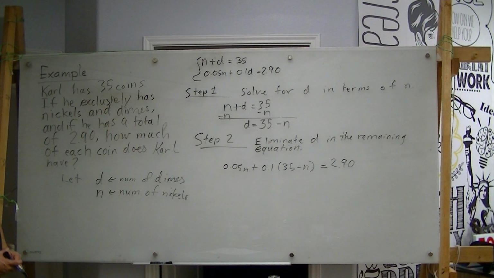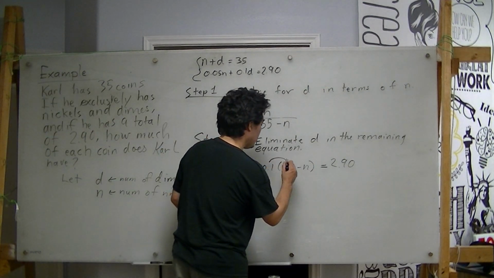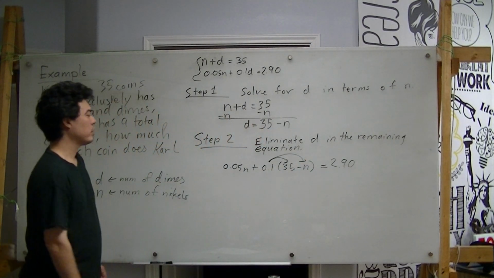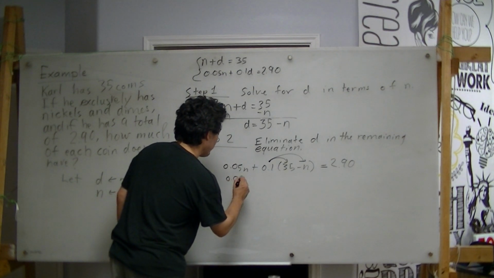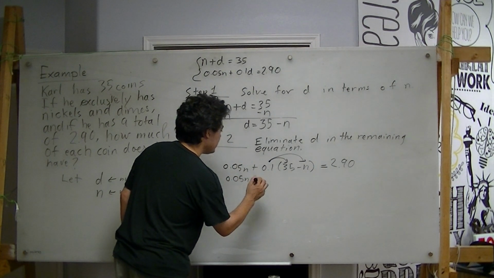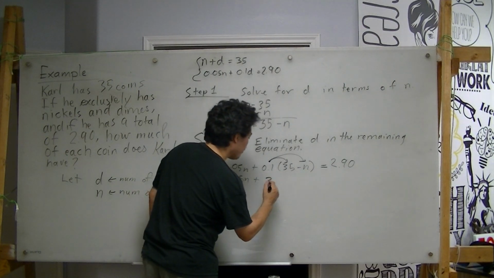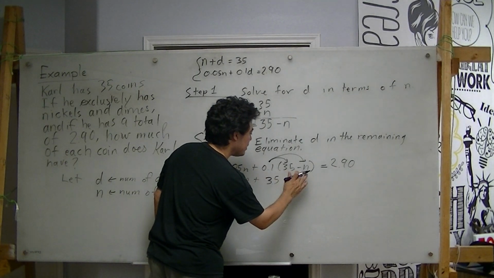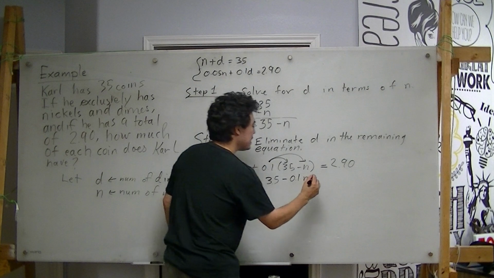So now what we do is we distribute this 0.1 into here. So we have 0.05 N plus, if you multiply 0.1 times 35, you will get 3.5. And then this is going to be a positive times a negative, so it'll be minus 0.1 N, and that's going to equal